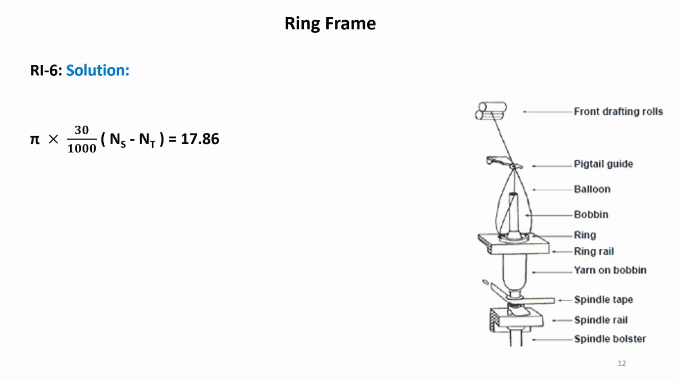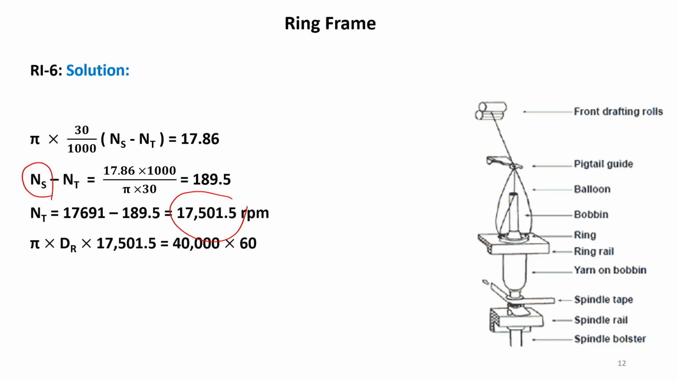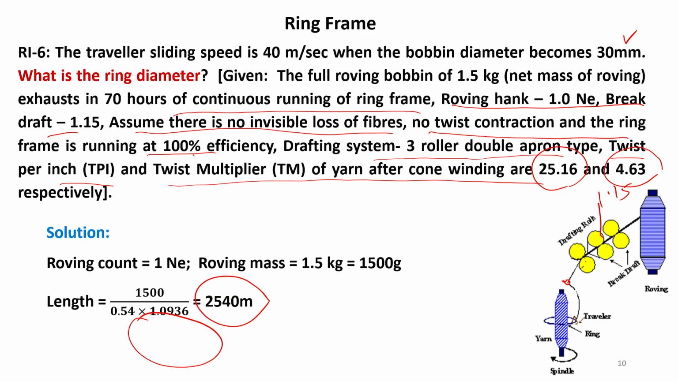and now from there we can calculate the traveler RPM. So, this traveler RPM is NT. Spindle speed is given, so we can calculate the traveler RPM as 17,501.5, and the traveler sliding speed is also given, 40 meters per second. So, 40 meters per second